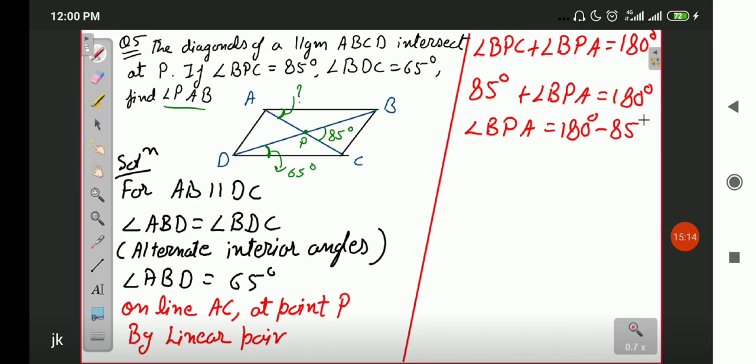Okay. And lastly, in triangle ABP, students, there is more than one way to find out the answer to this question. Okay, so you can try another method and another method. There are many more methods than what I am discussing. What I am discussing is the most direct method, and to the point that I am going to use the same type of procedure for the rest of the questions. Okay.